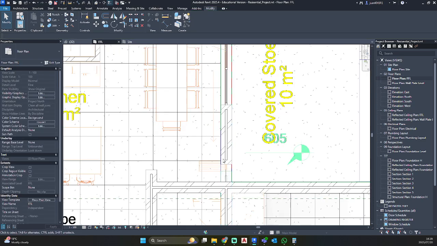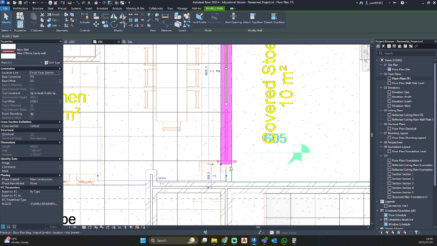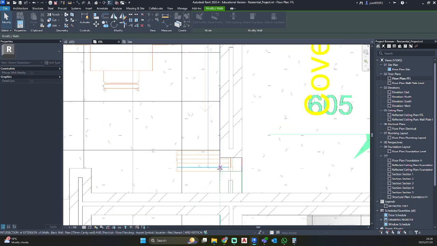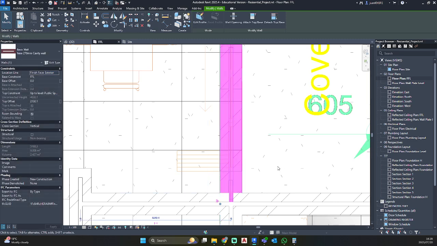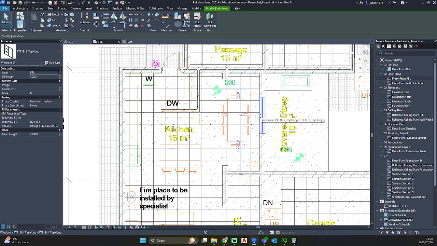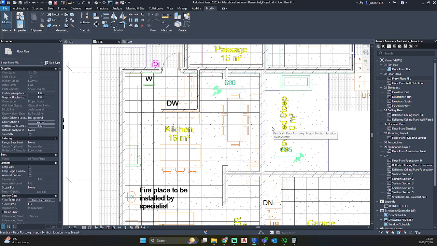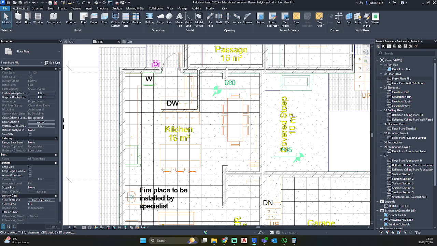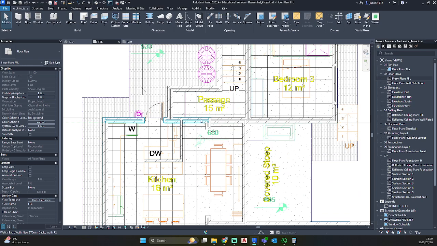So now you can see here from our previous lesson, I did not connect this wall, so I'm just going to drag that into place. And this window I am going to delete because I want to put a big stacker door here. So let's put an opening here for our passage.